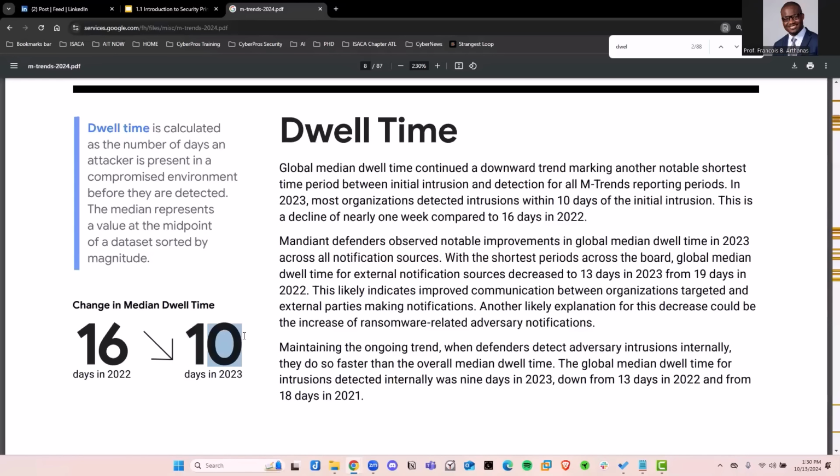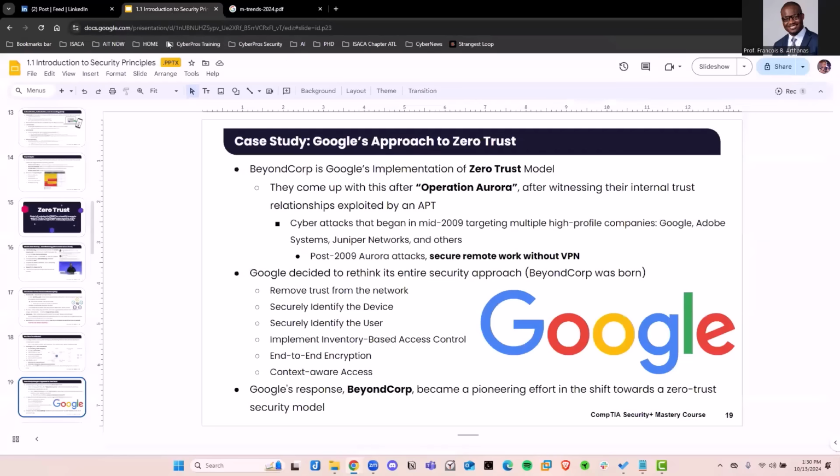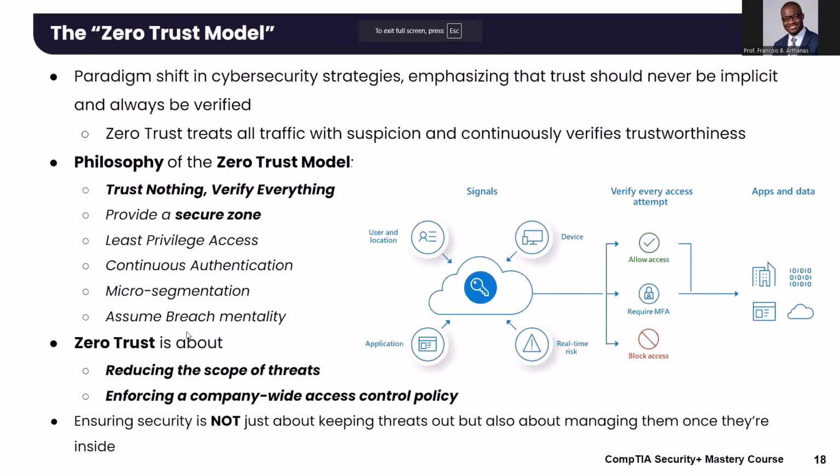This is insane. Imagine 10 days somebody in your environment doing God knows what. And this is real data. This is based on a lot of data from a lot of companies. So if we go back to this a little bit, the idea of assume breach is that we're going in, assuming that the network is already compromised, and then we're doing threat hunting. We're trying to identify the bad guys,